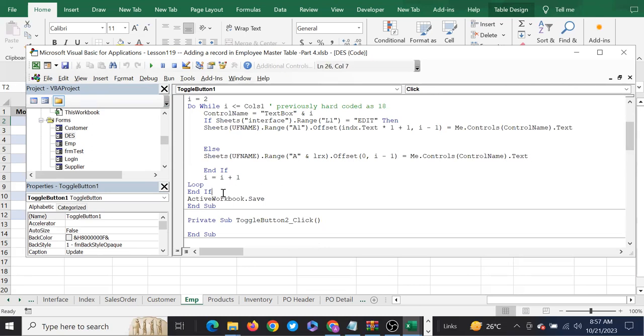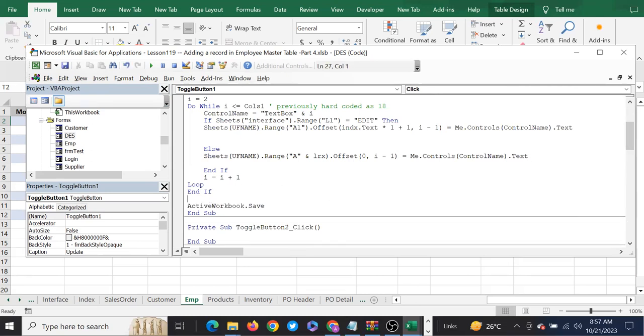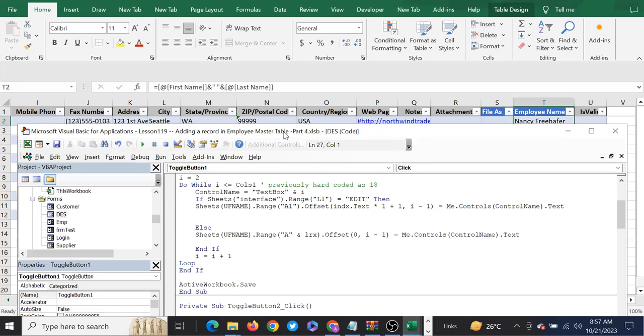Before saving it, you would like these two formulas to be written in here. Since this is a toggle button of DES,